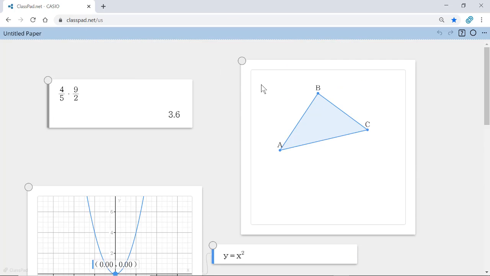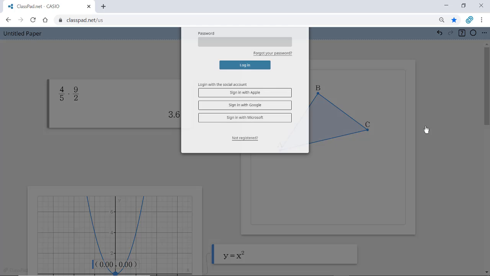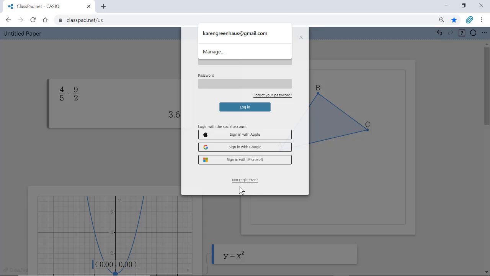So have fun, play, and then if you decide, wow, I love this, and you should be able to figure that out pretty quick, how easy it is to do math and all the different math in one place, then you can create an account. So if you're here creating, having fun, exploring, if you go over to the 3 dots, which always means more, and hit login, you can now create your own account if you're not registered already. And there's another video that will show you how to create an account.